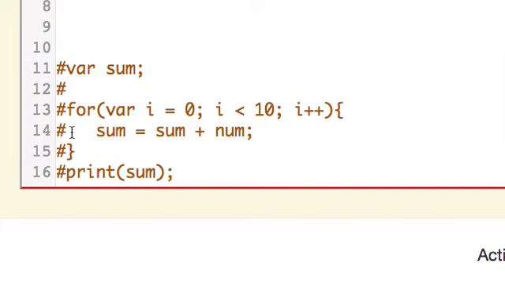When it gets to the end, it's going to come back up to the top. It's going to add 1 to i, which is shorthand for making i equal to 1. And then it's going to check this condition again. Is 1 less than 10? Yes, it is. So it's going to come in and do this, and it's going to continue doing that